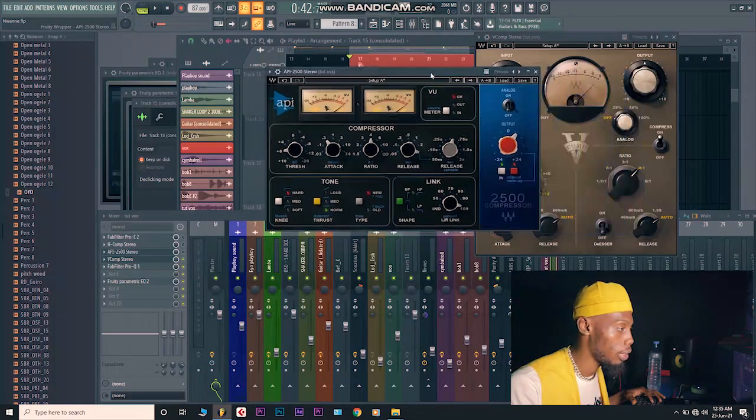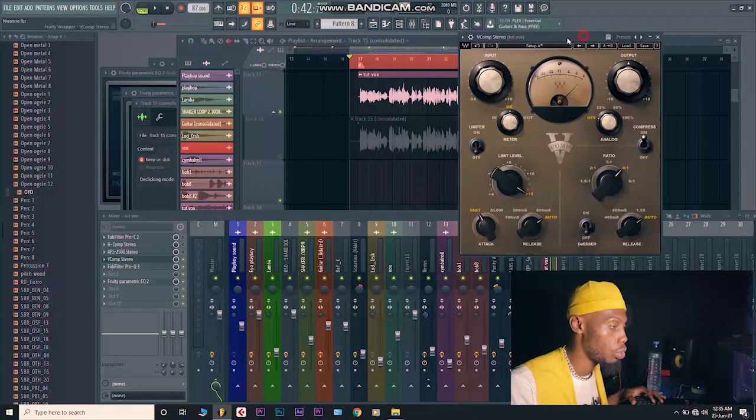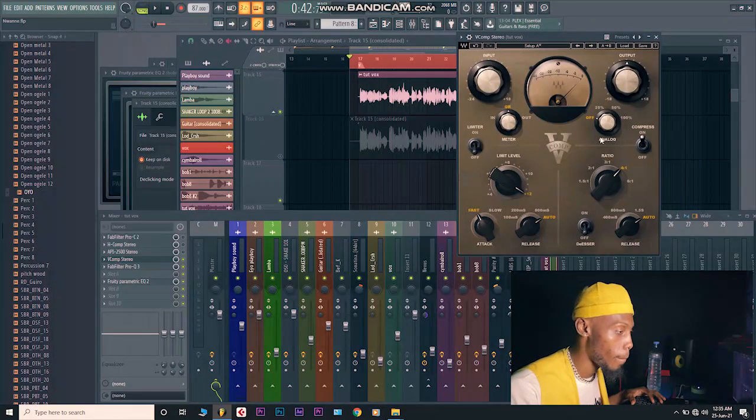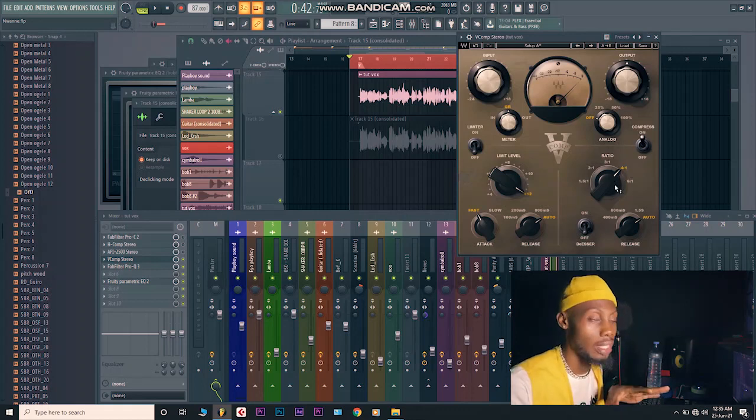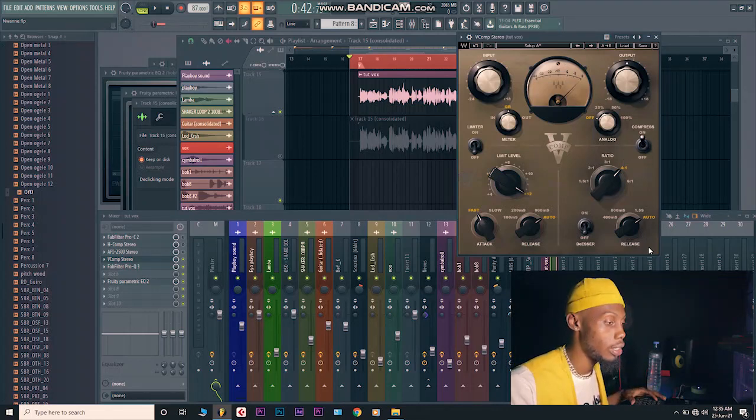So get out of the way. The first thing I would do here is quite simple. The ratio is by default in this compressor set to 4:1, because that's almost like a sweet spot for the vocal. Then the release is